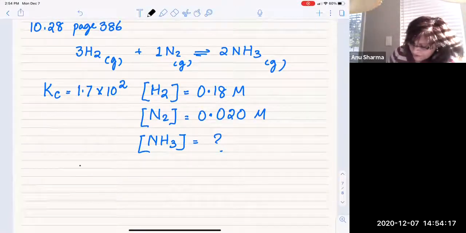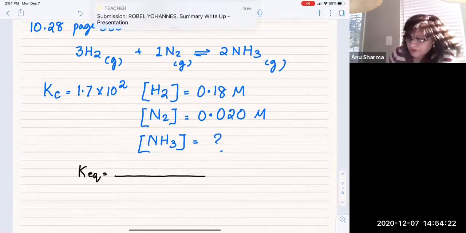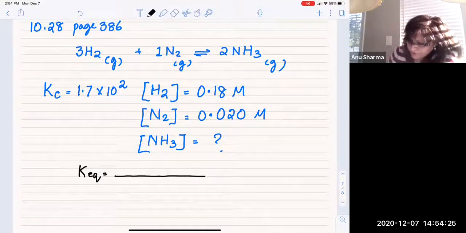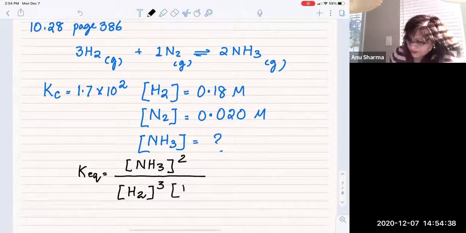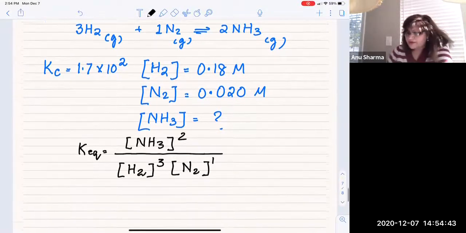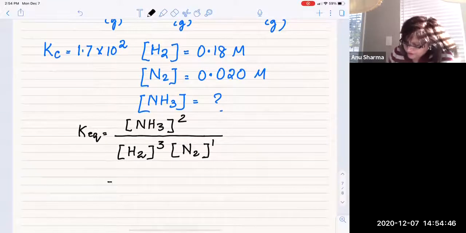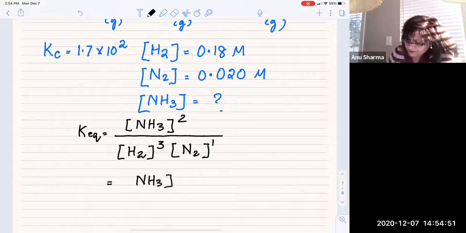So first of all, the value of Keq is equal to the concentration of the product on the top, which in this case is ammonia, NH3, raised to the power 2. And here you have H2 raised to the power 3 multiplied by the concentration of nitrogen raised to the power 1, which is just 1. So next you are going to write down here the ammonia we need to find. So NH3 raised to the power 2, just leave it as it is, over,